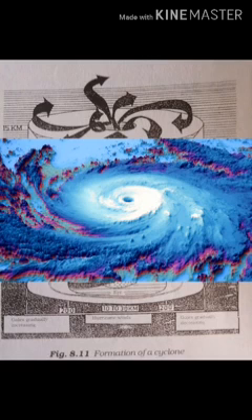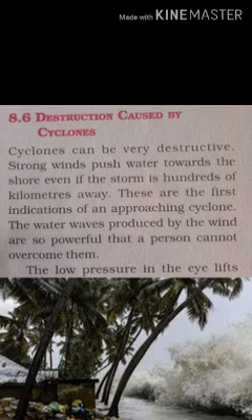So when it is very hot, cyclones develop. Factors like wind speed, wind's direction, temperature, humidity, all these contribute to the development of a cyclone. You saw in the video in the beginning of this chapter that cyclones are very disruptive. They cause a lot of destruction. Strong winds push water towards the shore. So even before the cyclone hits the land,